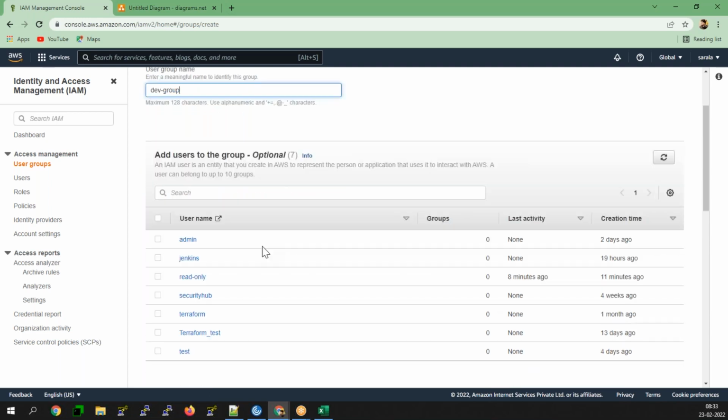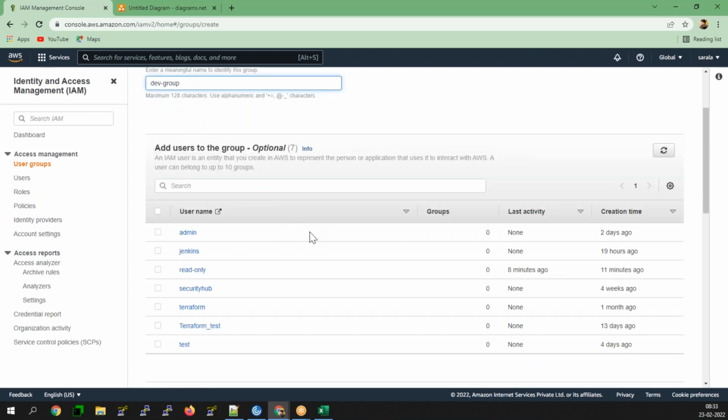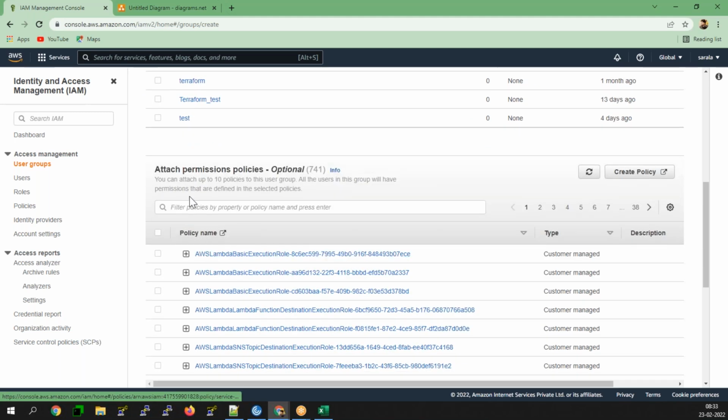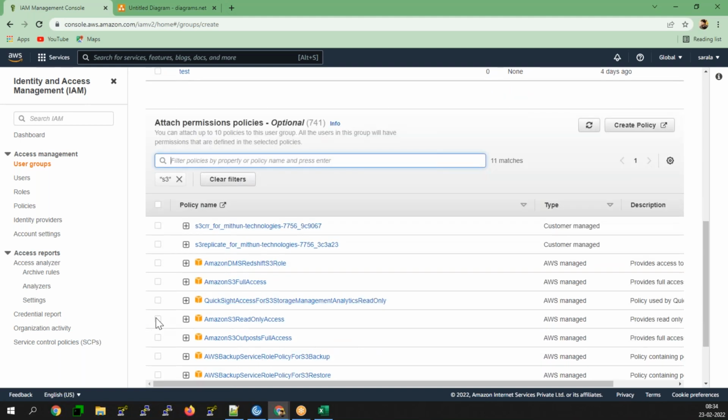Now you can add the users if you want, or simply create a policy for this. For the development group, what kind of policies am I going to give? S3 read only: search for S3 and go with AWS S3 read only.